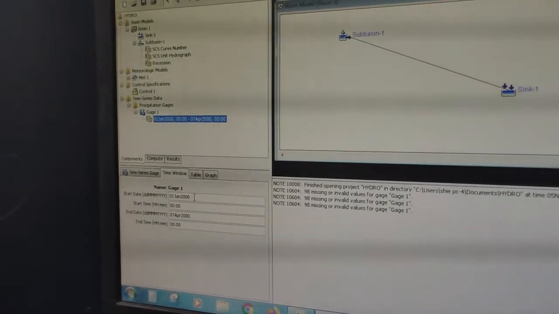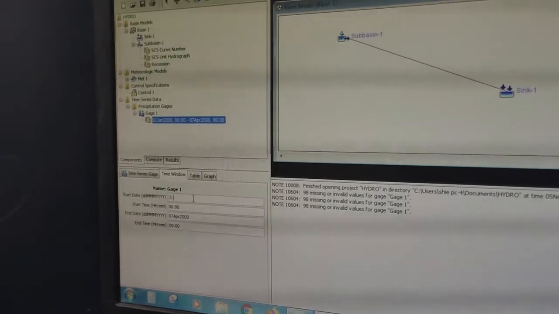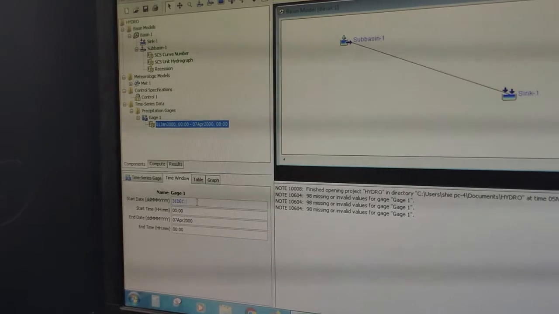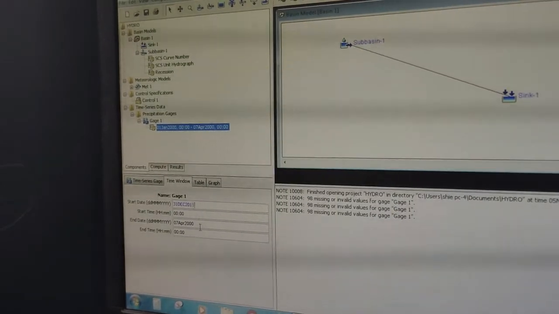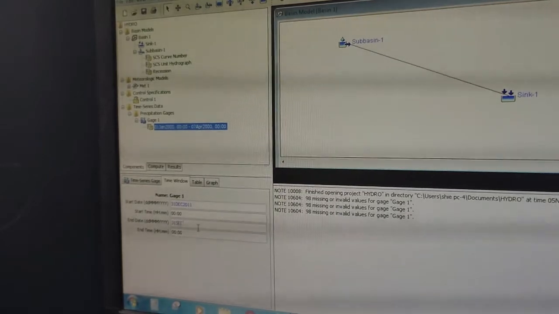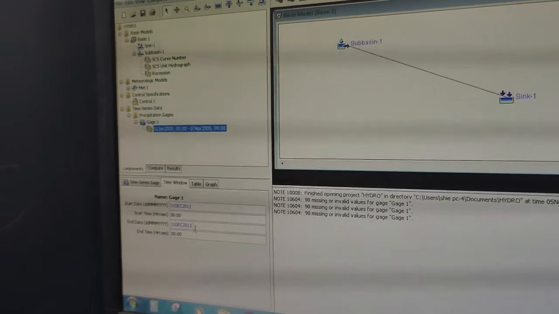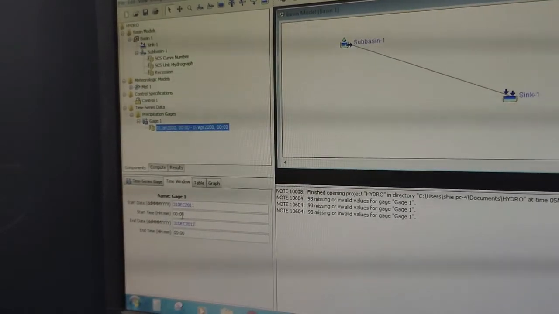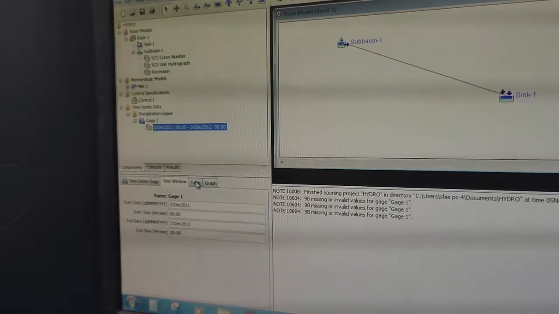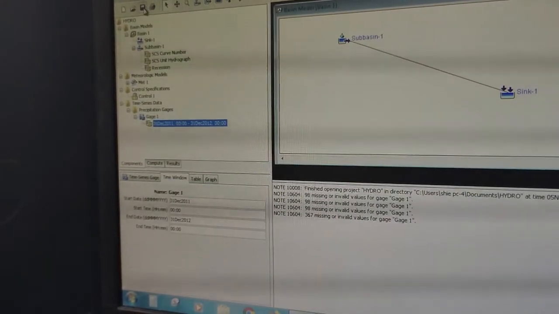As I have given 31 December 2011 there, we have to give the same here also: 31 December 2011, end date 31 December 2012. Rest all is okay. Time window, okay. We can click on save.